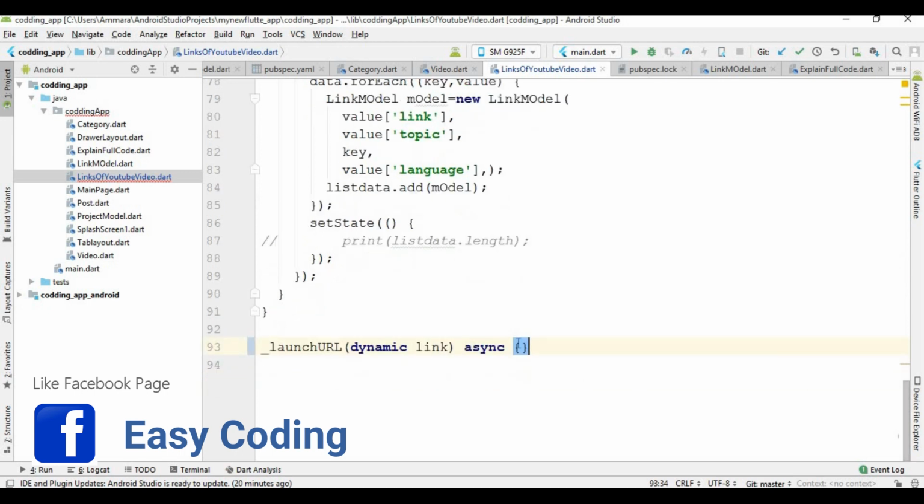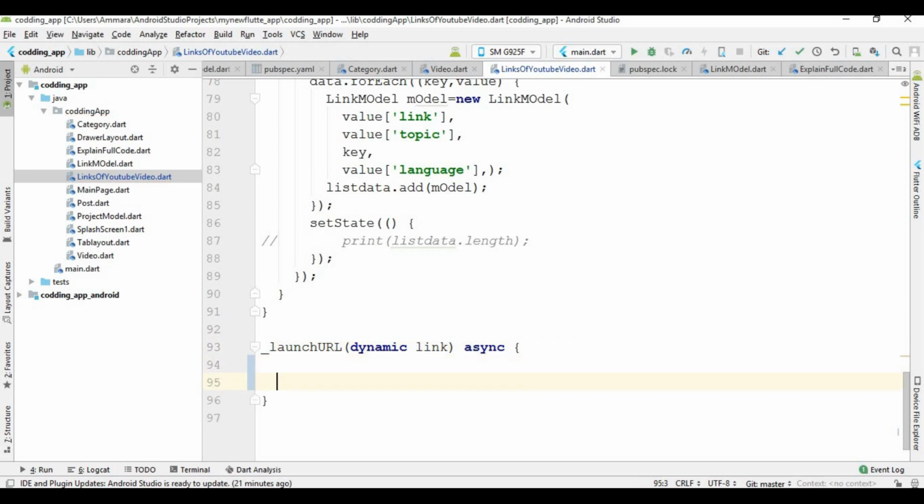So this is the method I create here, and you can see that I use an async keyword here because we have to wait until the YouTube video is open. Okay, and now first of all I receive this link and store it in a string type variable.